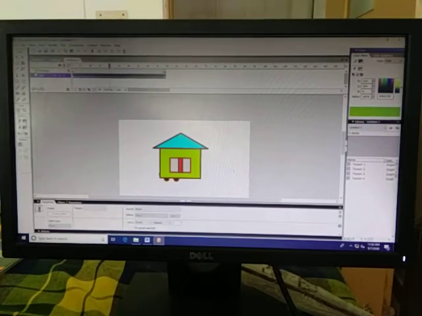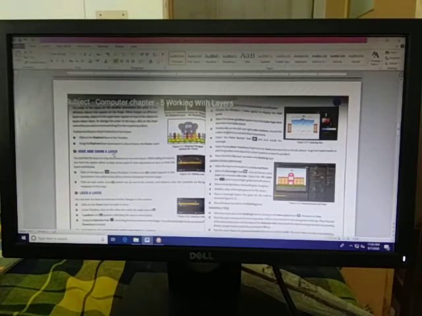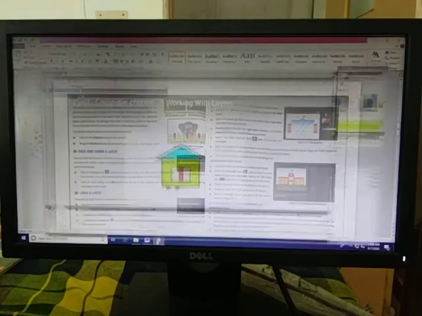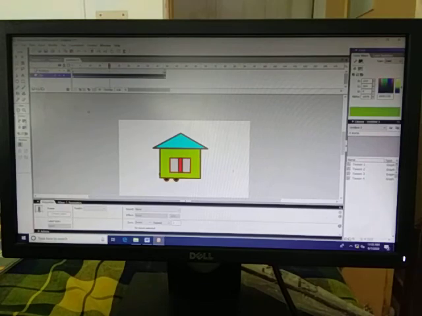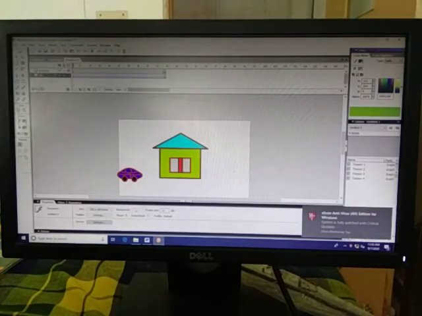My dear students, now I would like to tell you how to use hide and show layer. So simply you will see how to show layers. On this screen you can see the objects of two layers appearing together. I want to hide one layer or two layers. So for this purpose we have to click on the icon.